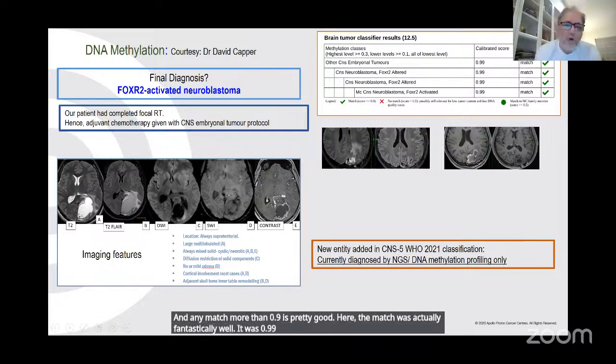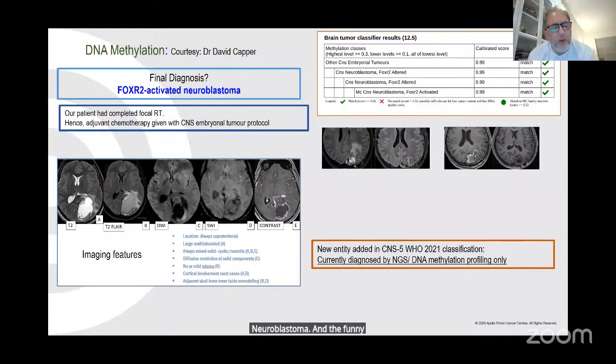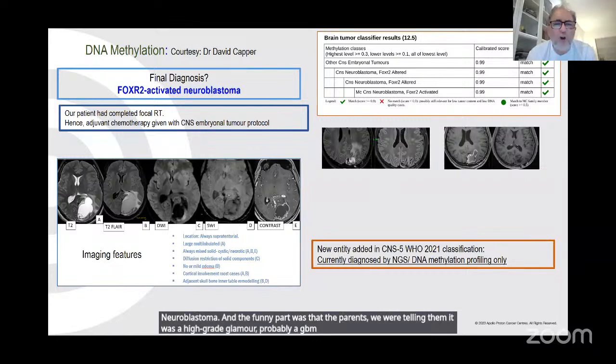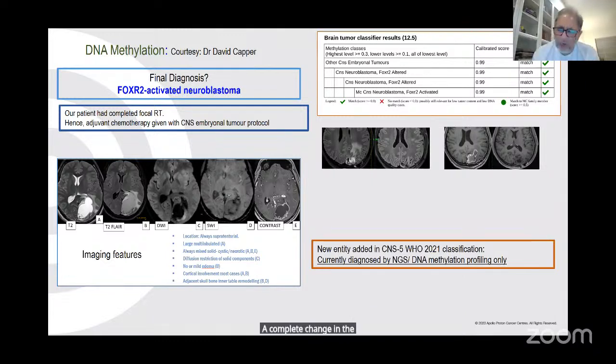So it had to be a FOXR2 neuroblastoma. And the funny part was that the parents, we were telling them it was a high-grade glioma, probably a GBM. And the FOXR2 neuroblastoma actually has a 5-year survival of 75%, a complete change in the prognosis. And as we learn more and more about these unusual cases, and we learn more about the molecular pathology,